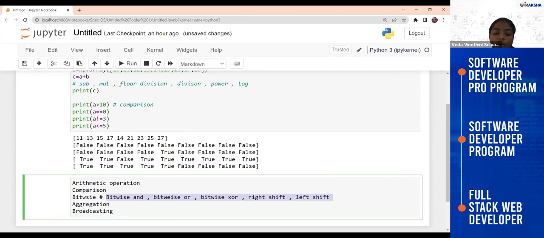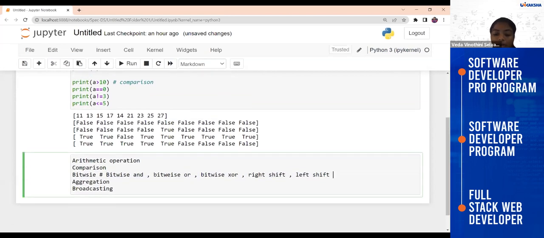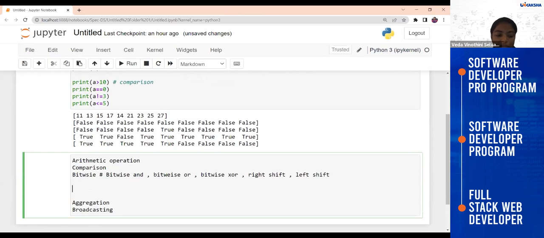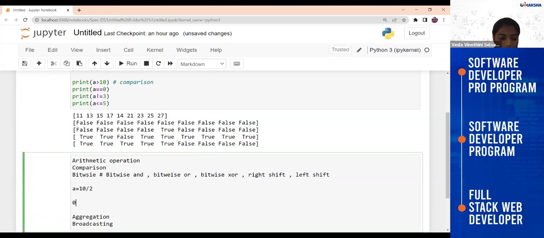If you want to do this manually, guys, it would be a very hard process, right? First of all, let's take a is equal to 10. To find this in bitwise form, first you divide it by 2 and save the remainder.